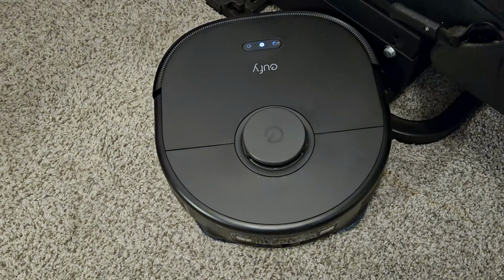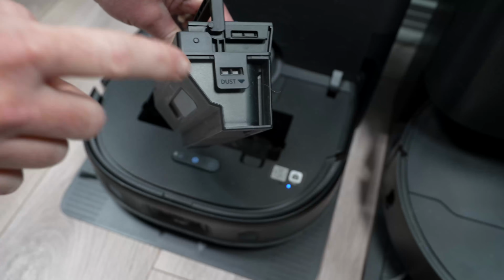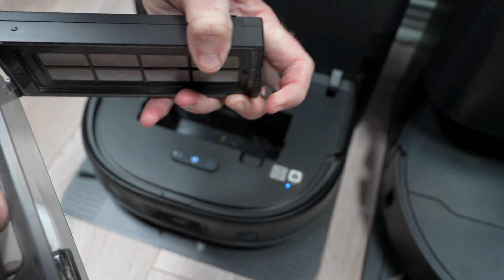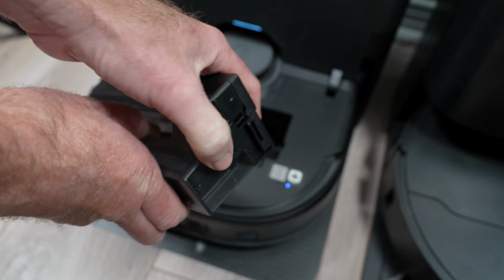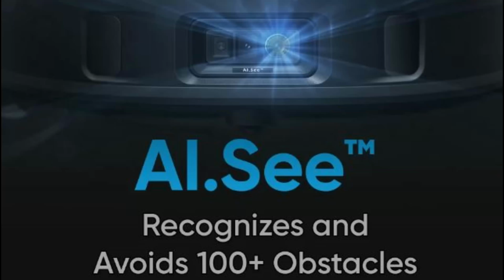Luckily, eufy can fix navigation issues with an over-the-air software update. Oh, I almost forgot the dustbin latch, which is way too thin and flimsy for a dustbin latch designed to have an airtight seal. Moving on to the pros for the X10, starting with my biggest pro, which is with